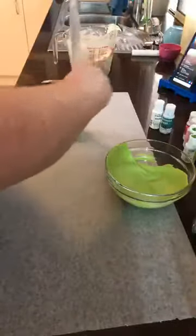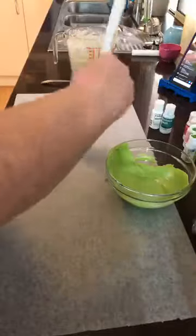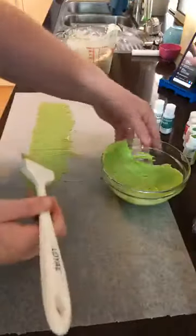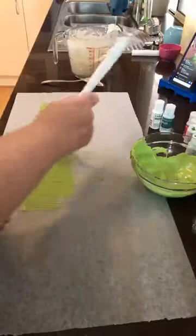Now, on my stone bench that's nice and cold, this is actually going to set reasonably quickly, which is good because that means we can layer it. Now, I'm going to put this around a 6-inch cake, and I have roughly measured my baking paper, so I